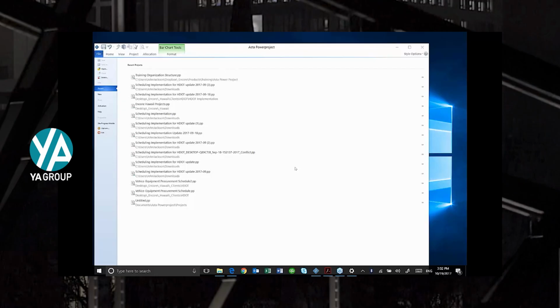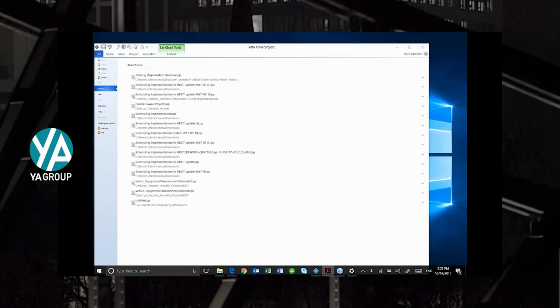You should be able to download the manual for this session, but we look forward to spending the next few minutes with you going through Asta Powerproject. We'll start by going through the manual, page 4, right after the initial table of contents. You'll see we are going to try to cover getting a schedule built all the way through to completing a schedule, being able to look at a critical path and so forth as we go through